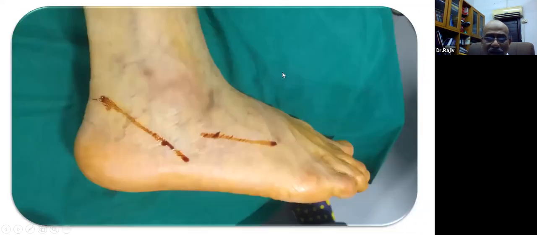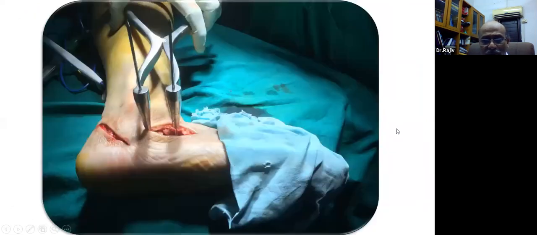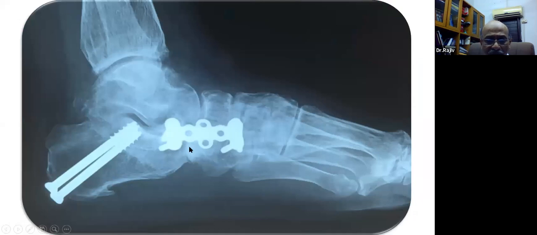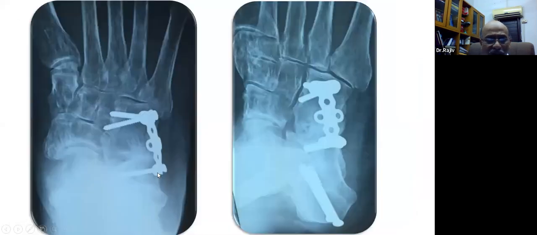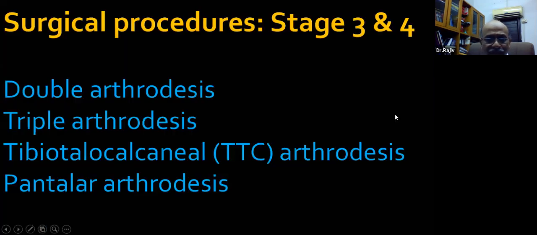Look at this young patient who was 120 kg weighing with a bad stage 2 flat foot. This is the incision for medial calcaneal osteotomy. This is the incision for Evans osteotomy. And the Evans osteotomy is being distracted with this special instrument which is called Hintermann distractor. And I have put in a graft from the iliac crest and fixed it with the plate. This is the medial calcaneal slide osteotomy fixation. And the calcaneocuboid distraction arthrodesis is done here. The talar head is very well covered by the navicular.